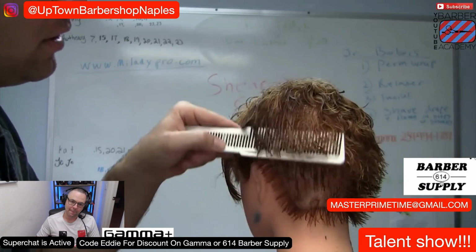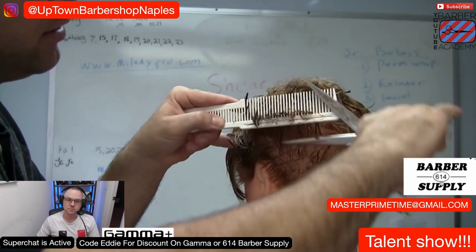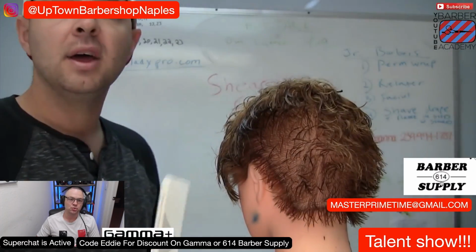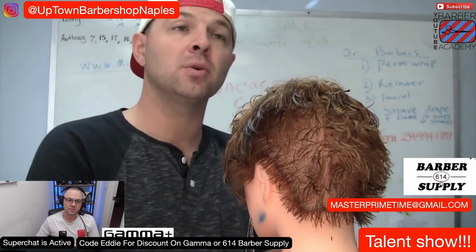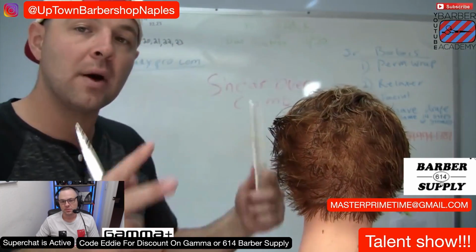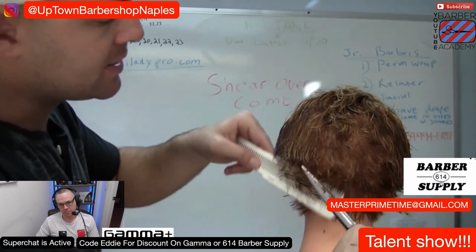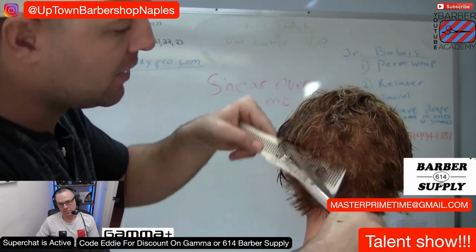Look at how slow, lifting it little by little, coming up, and cutting it. The best thing about shear over comb is if you don't cut it too accurate the first time, it's okay, because all that hair around the area you initially worked in is becoming a guide as we move. So as I go around this section, I'm shaping it to the side of the head,